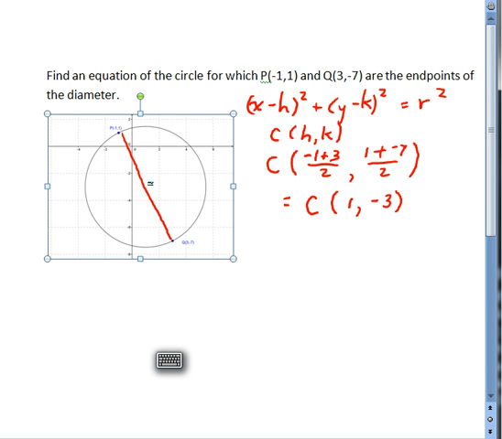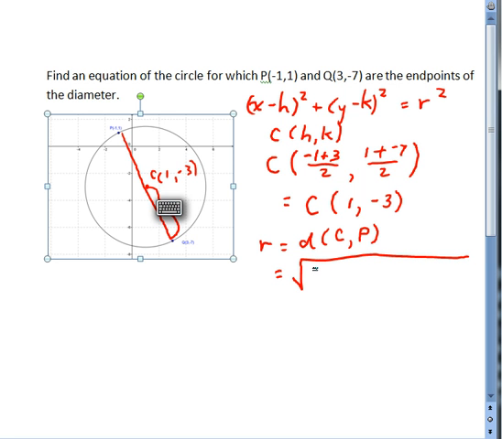Now that we have the center of the circle at (1, -3), we can find the radius by finding the distance from the center to one of the endpoints. And so we will find the distance, r will equal the distance from, let's say, C to P. And this will equal the square root